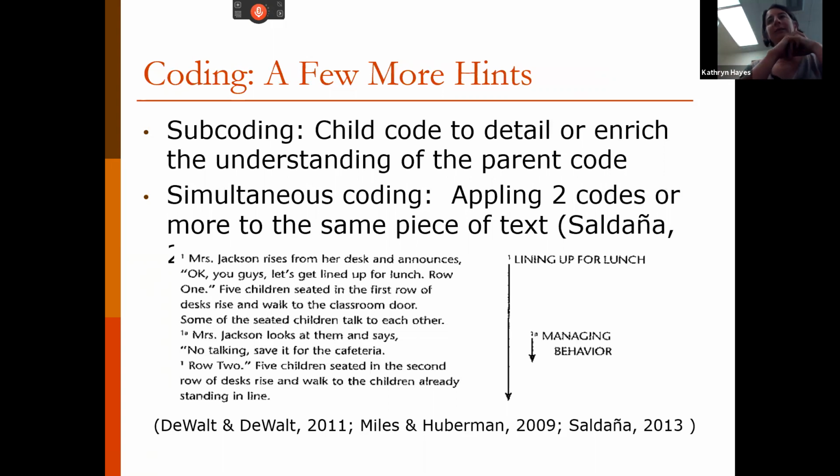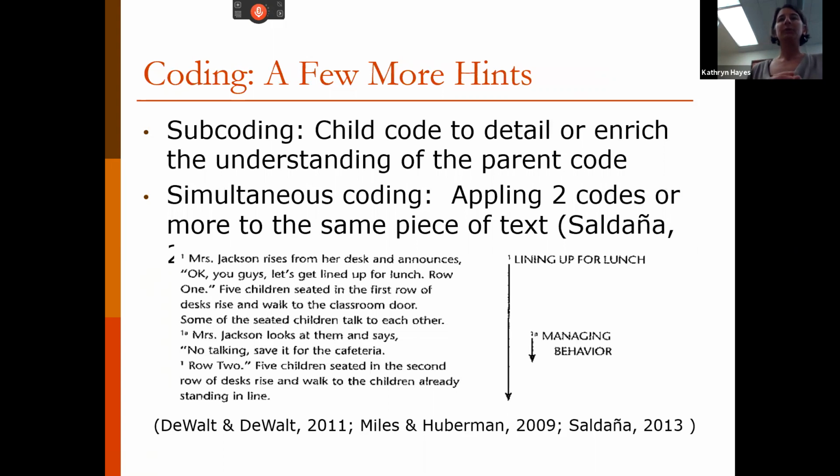So if I'm looking at a sense of teacher motivation from professional learning, from participating in professional development, I might have several subcodes that have to do with teachers feeling like the professional learning opportunity treats them as a real human being, that they feel like their real work context is being acknowledged by the professional learning providers, right? Those are subcodes. You also may apply 2 codes to one excerpt, and I do that actually quite a lot.